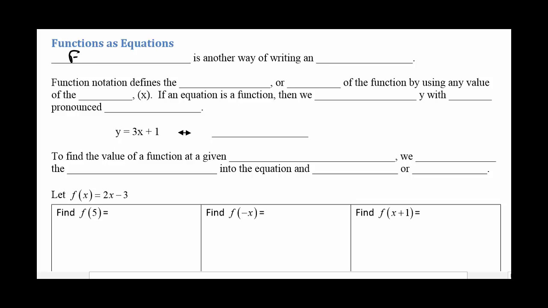Function notation is another way of writing an equation. Function notation defines the range, or output, or value of the function by using any value of the domain, or x. If the equation is a function, then we substitute